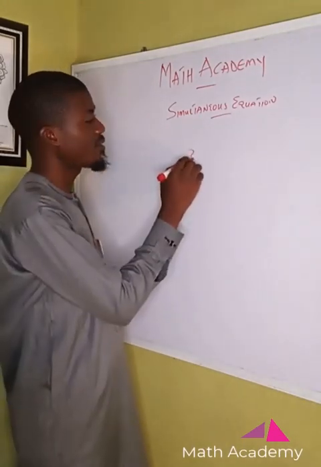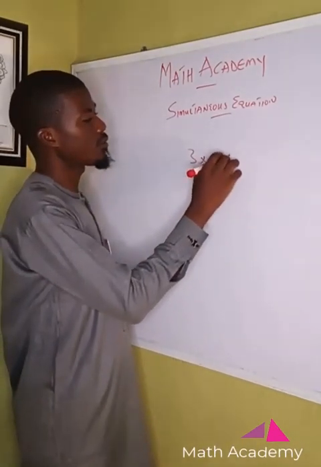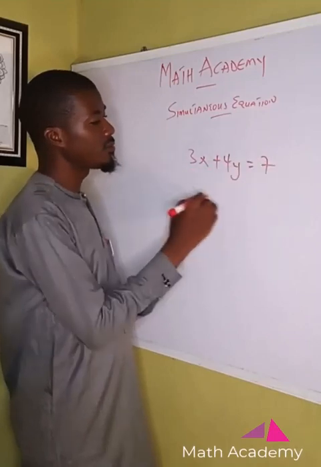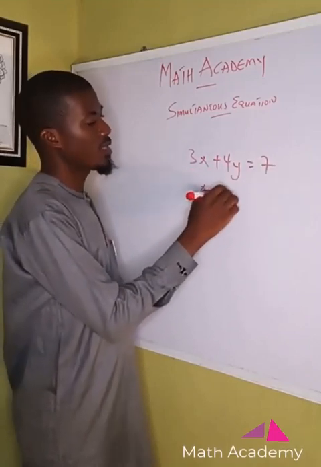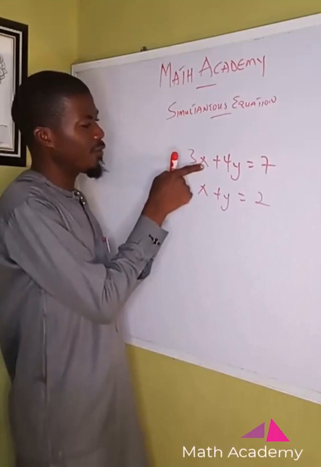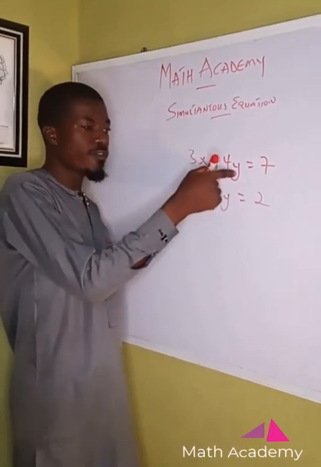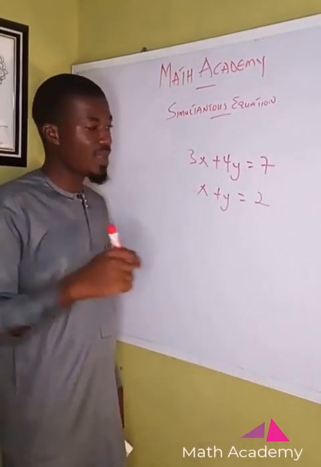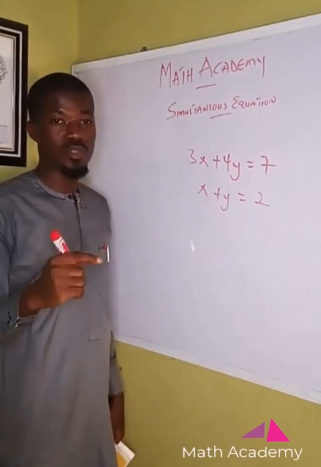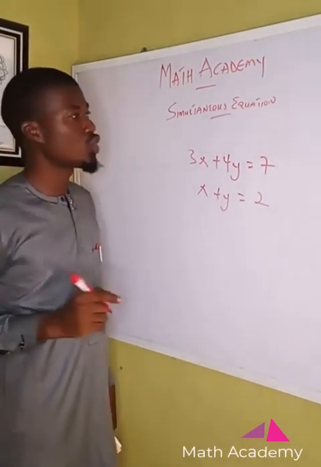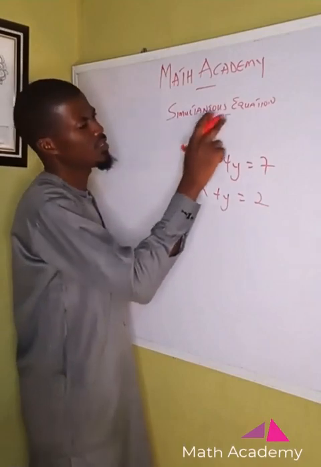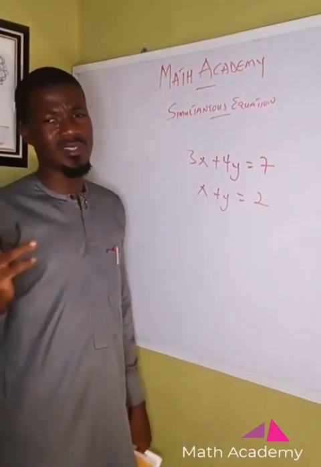So, for example, if you have 3x plus 4y equals 7, and you have x plus y equals 2, it means you are looking for x while you are also looking for y. So when you are doing these two together, what you are trying to do is a simultaneous equation. Now, when you're doing simultaneous equation, remember, when you're solving mathematics, the first thing you need to know